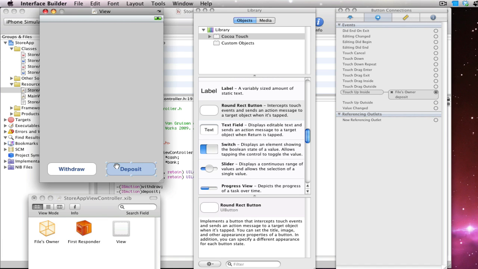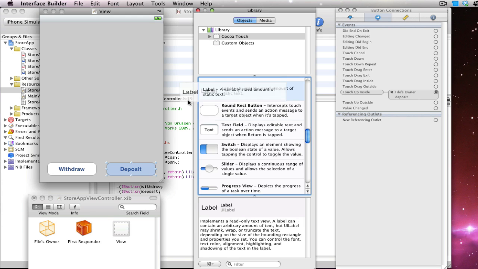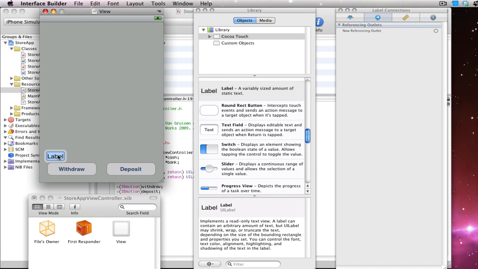Then we're going to need to drag out our labels, and we want 6 of them. As you saw in our app, we have one that just says cash or bank. Then we have one for a $ sign. Then we have one for the actual value. So let's go label. Let's line this up here, and this one we'll just call